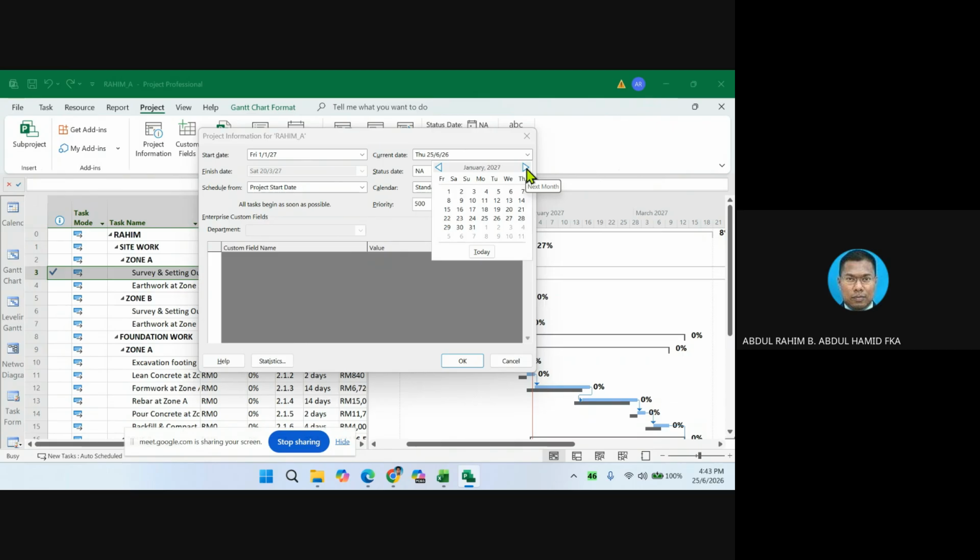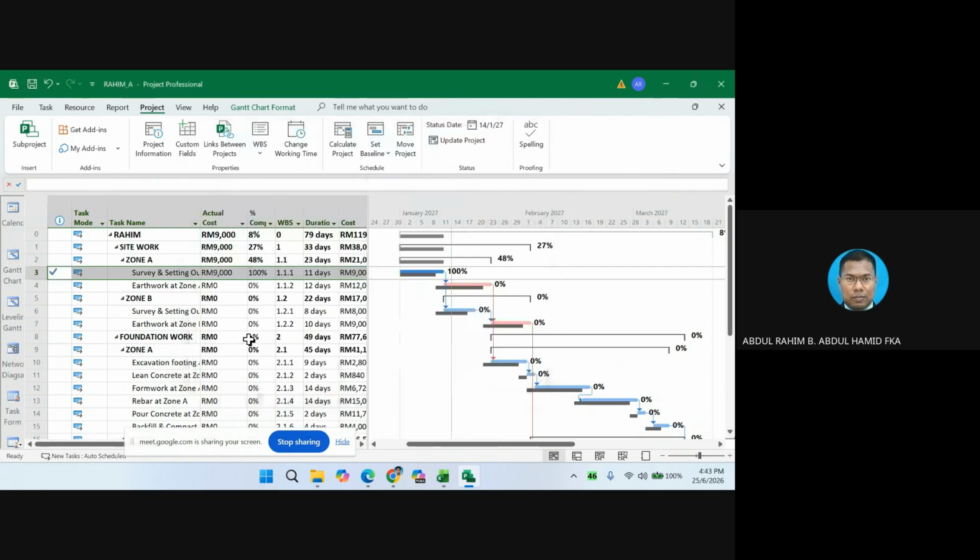To set the date, this is the date for us to get the date on the report. Otherwise, it will give a different date on the status report. So for the setting, first you set the date for the project information, then basically you select the task,